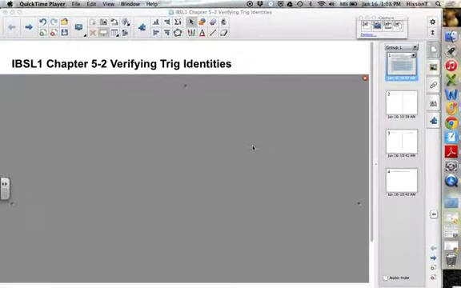Okay, so looking at section 5.2, it's entitled Verifying Trig Identities. Basically, a lot of what you've been doing in 5.1 was this, okay? So a good part of today is going to be working through some examples, but before we get to that,